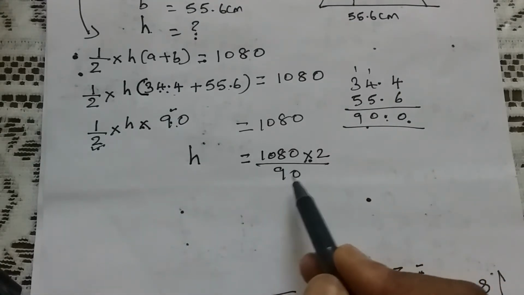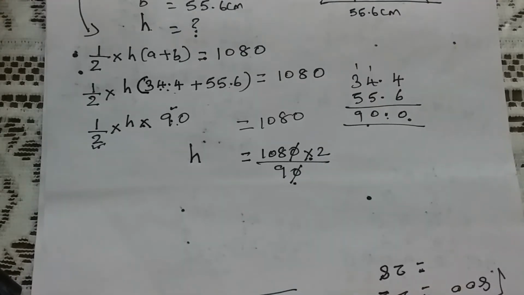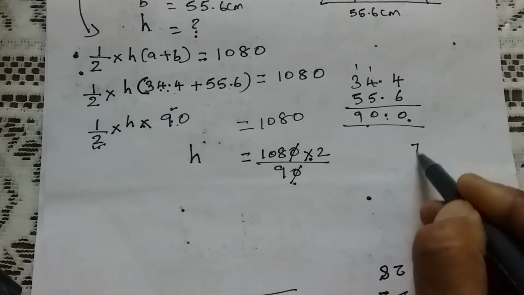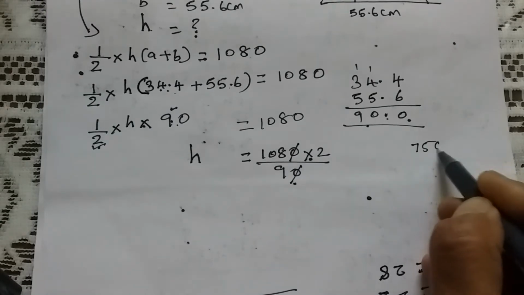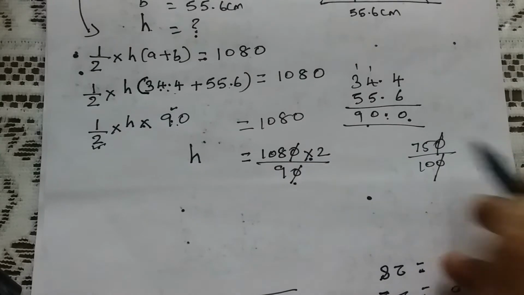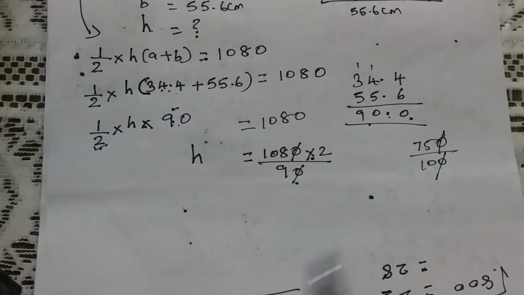Now how can we cancel this? Easy way of cancelling: 2 zeros. When you have zeros at the end, both can be cancelled. What is the meaning of cancelling zeros? We are cancelling by 10 tables. When you multiply by 10, suppose 75, we add 0. And same thing, if you are dividing by 10, we cut them. So cancelling 0, 0 means we are cancelling by 10 tables.